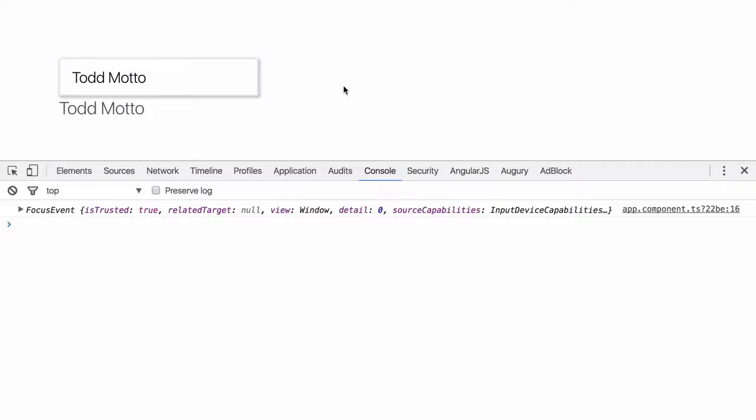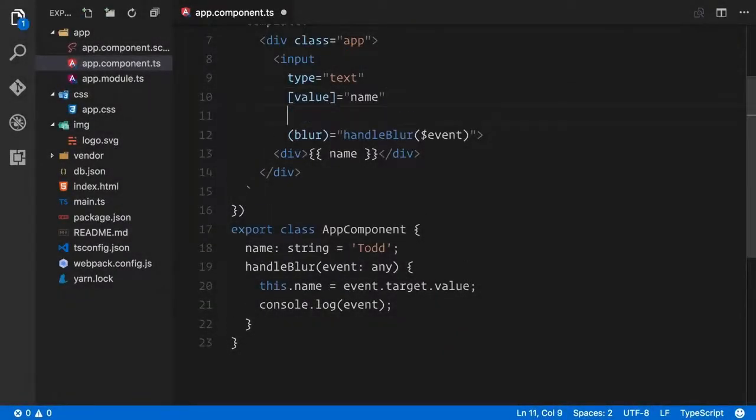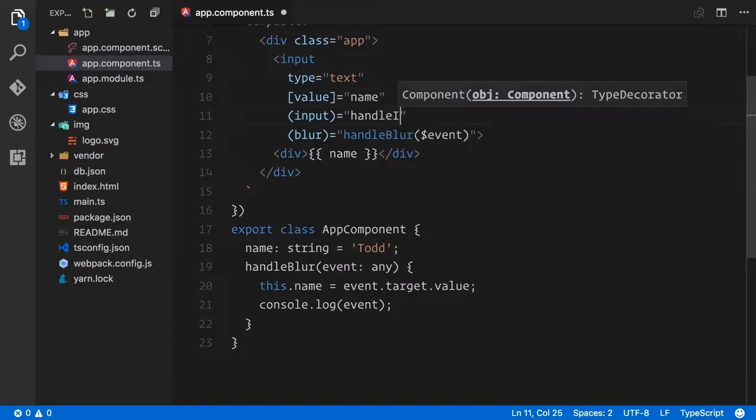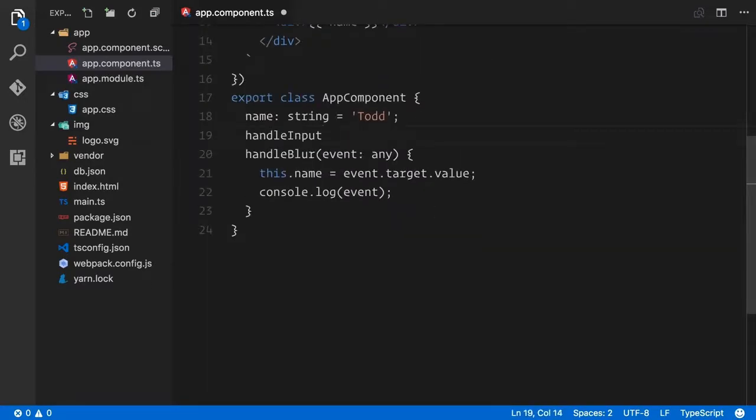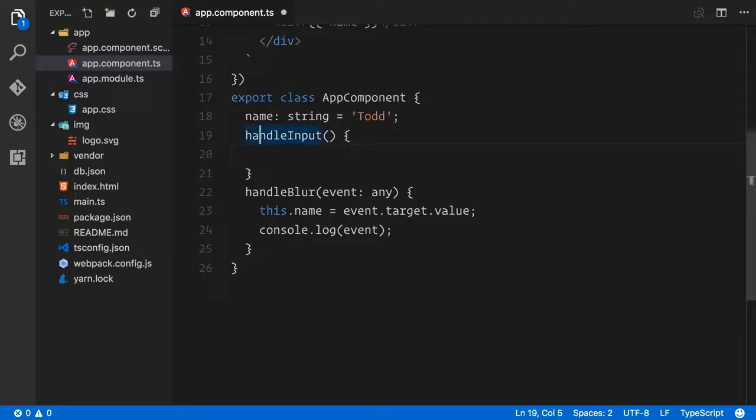So let's go ahead and create a few others. One typical event that we probably want to listen to on an input is the actual input event itself. So we're going to create handleInput. This is also going to ask for the $event object. So inside handleInput, we're pretty much going to do the same thing as before. All we're going to do is update the value. So we're going to have the event, and it's going to be of type any. And we're going to say this.name equals